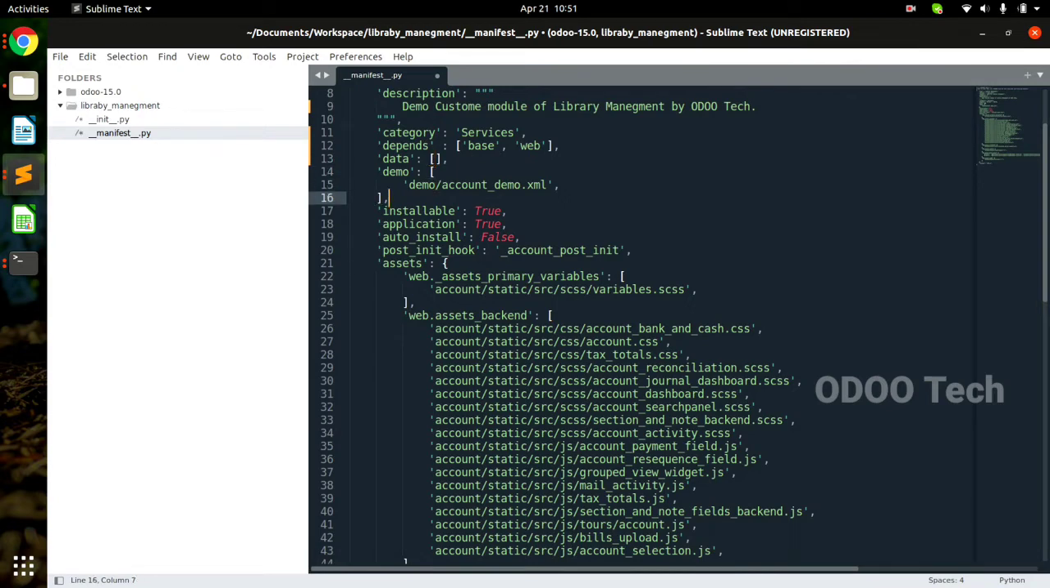Then there is a demo. Now what does demo do? If we have some demo data, suppose I am creating the library management with one model. Now in that model, whenever anyone installs that application, at that time some dummy data should come with the module. That's why I am using demo. Currently we don't have demo, so I am deleting this. Okay,